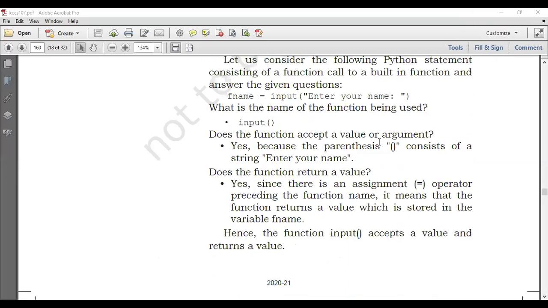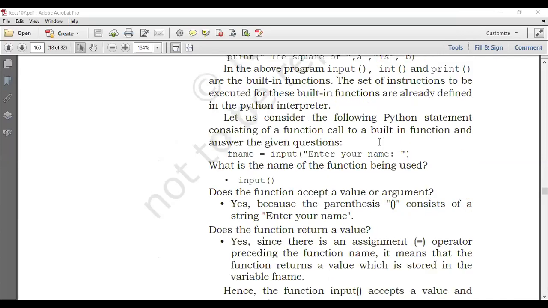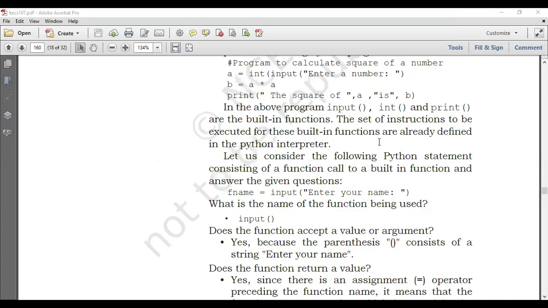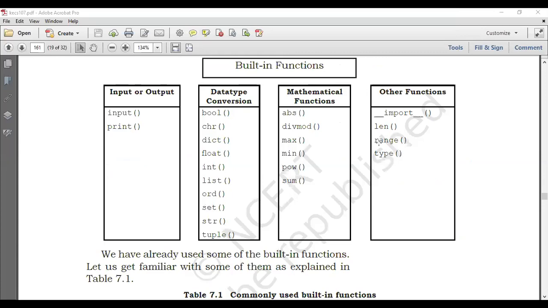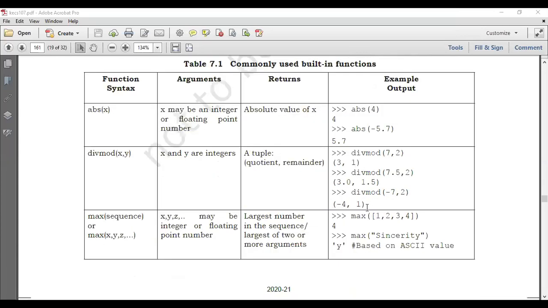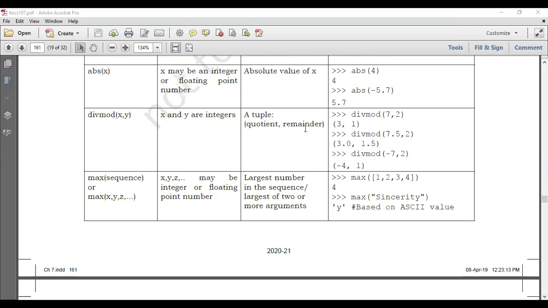So up till now you learned functions, and now we have come to Python libraries, and you all know about inbuilt functions. Now you all can easily identify if a function has a parameter, or if a function has a return type, by just looking at the function call. I had told you these are some built-in functions, and I told you all to practice these.